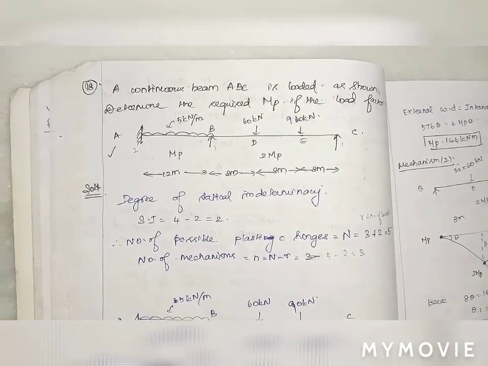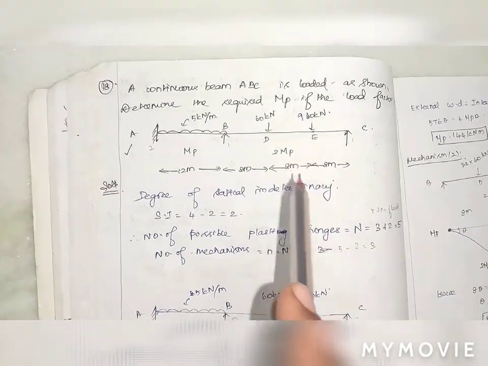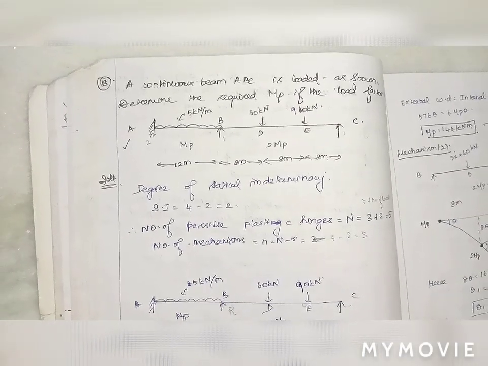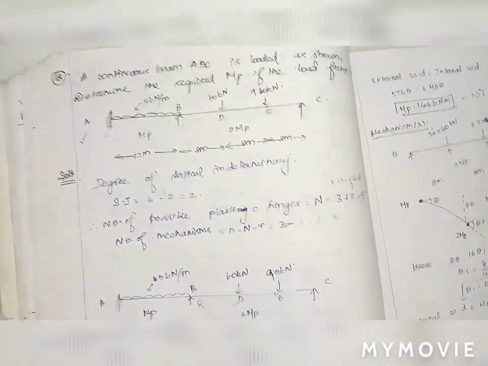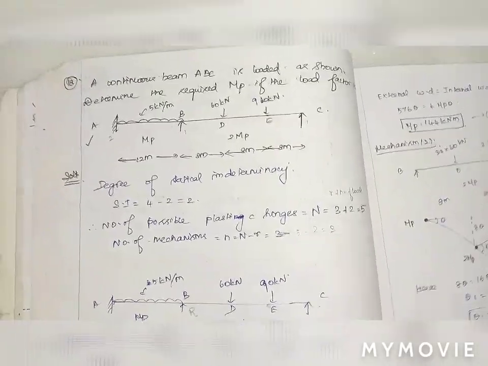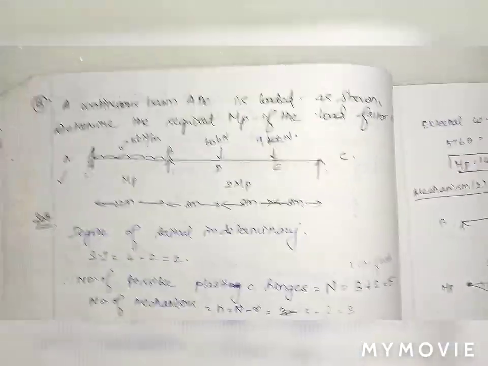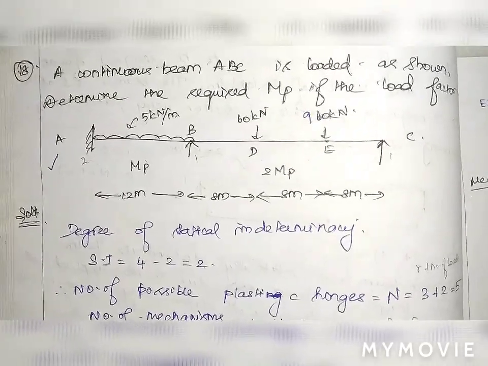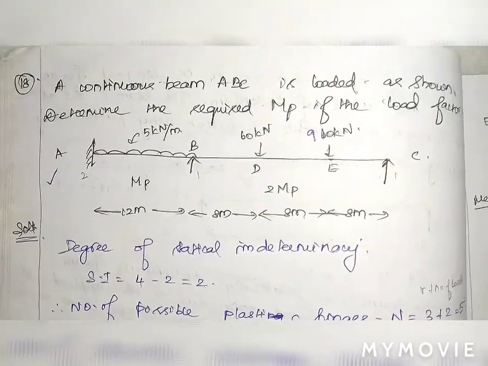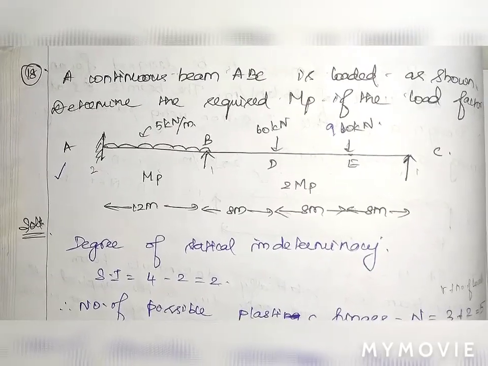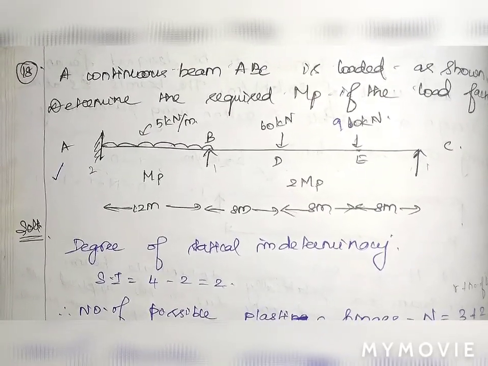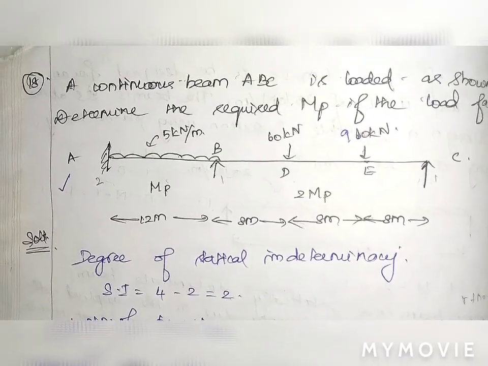Okay. So if they are asking you to calculate the plastic moment of a section, the higher of the plastic moments obtained from all the mechanisms will be taken as the resultant value. But in the question, if they are asking you to calculate the collapse load, the minimum collapse load should be taken. You have to assume that the section will collapse at the minimum load itself. So you have to take the minimum collapse load only.